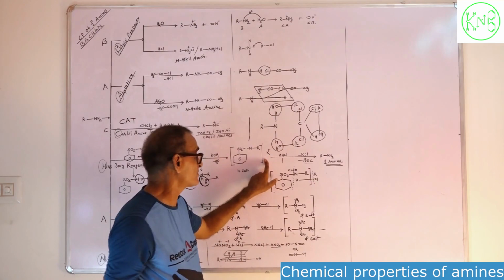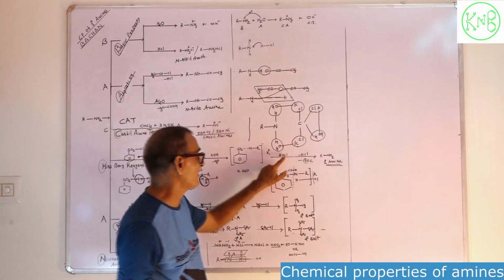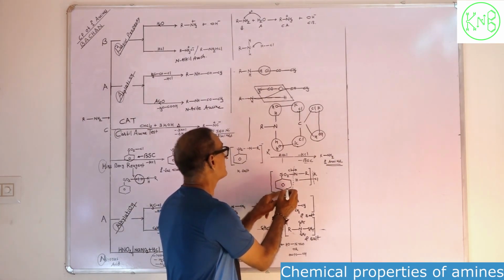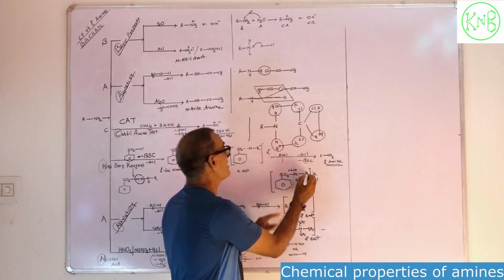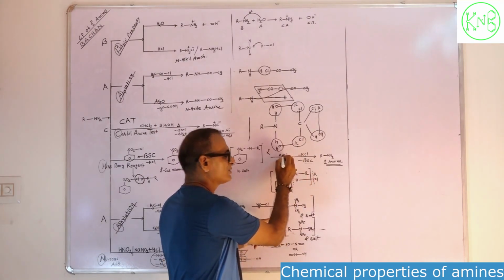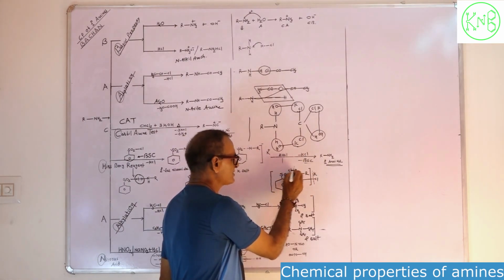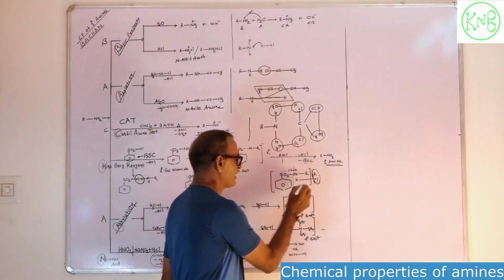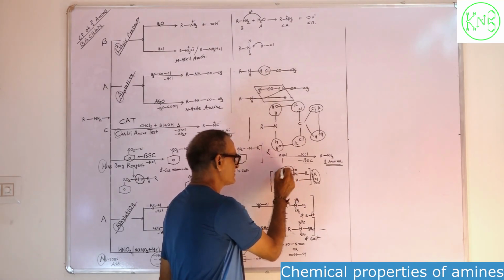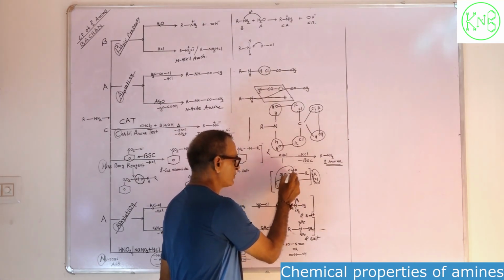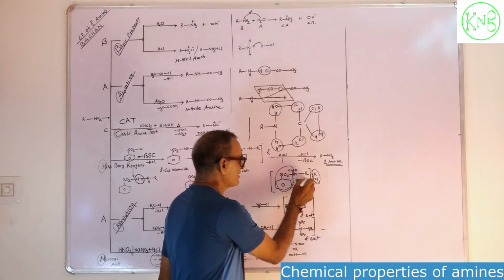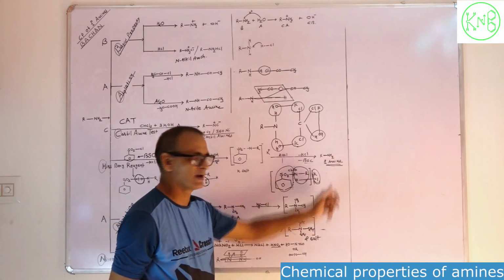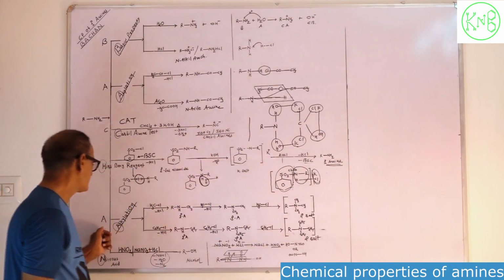Which on further reaction with twice HCl will give the primary amine. This is the potassium salt, benzene having SO2NH and R. Among the two hydrochloric acid molecules, HCl, second HCl, this bond will break, KCl will be a byproduct. This Cl will directly attach to the SO2 group, SO2Cl, and finally this portion will be our main product, the primary amine compound.